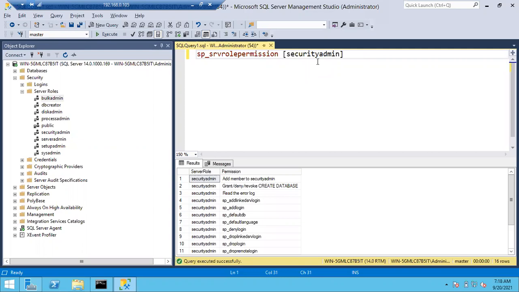First question is, can a member of process admin kill sysadmin session or not? That is one question. Can a member of security admin delete the sysadmin login, rename the sysadmin login, or change the password of the sysadmin login or not? Second question. No, sir. The answer is no. Right? Yes, sir. Okay.